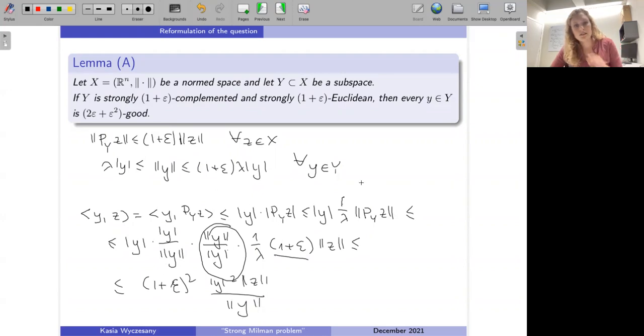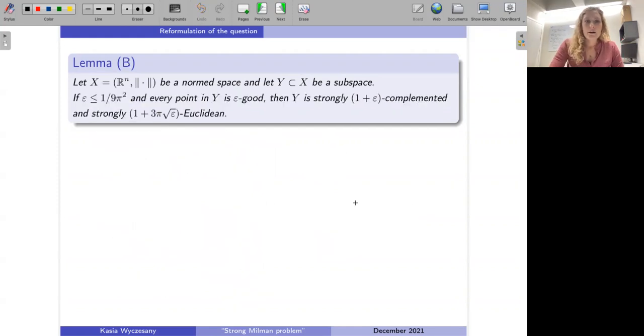So this direction is the easy one, but the other isn't much harder, but conceptually it's a little bit nicer. So now we are assuming that every point in the subspace is epsilon good, and we want to show that the subspace is strongly 1 plus epsilon complemented and strongly 1 plus 3 pi over root 2 times root epsilon Euclidean. Okay, so we are assuming that for every y in Y and for every z in X, we have that